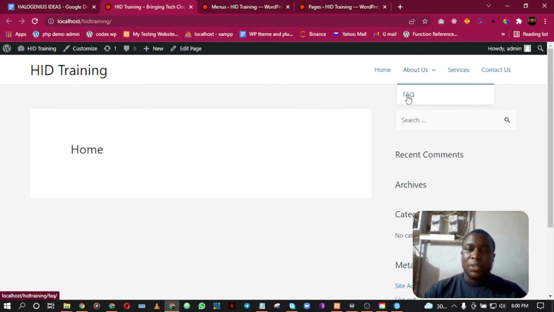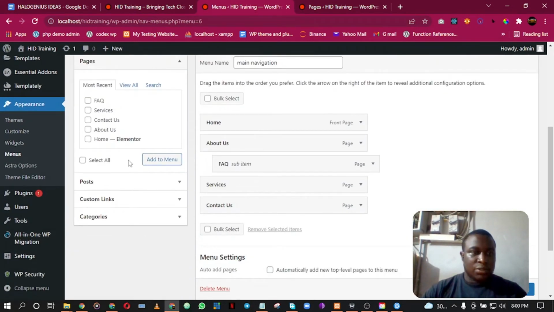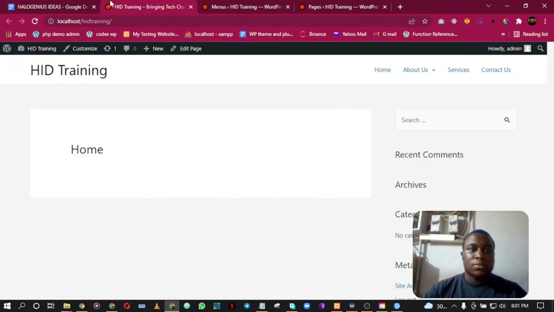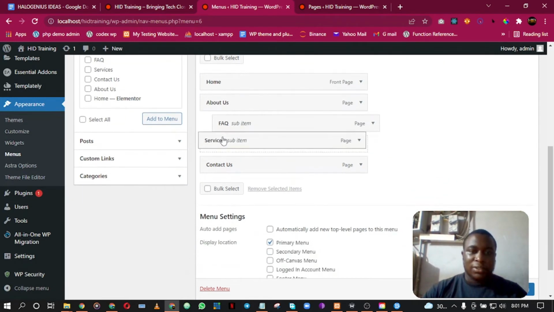What if I want to create a sub menu of another sub menu? What I will do is let me come back here. Say, for example, if Services is supposed to be under FAQ, I'll save the menu and come back here. You see, if I come to About Us, I have FAQ and I also have Services. But you can see Services is going overboard because the theme didn't take this into consideration. So let's just leave it as this. Then I think this is not bad. FAQ after Services. So if I save this,